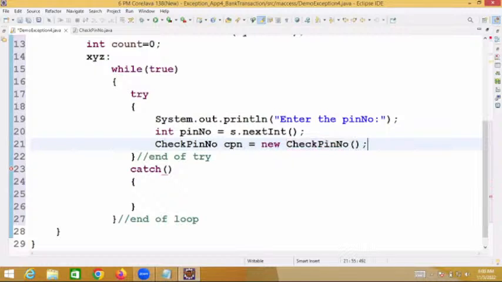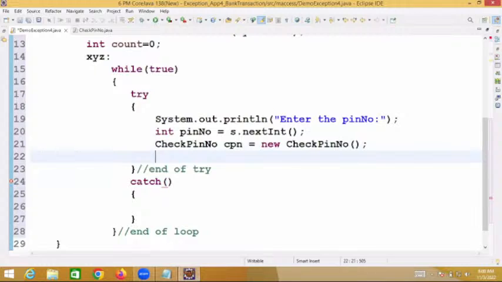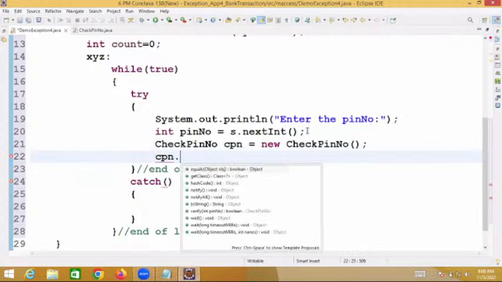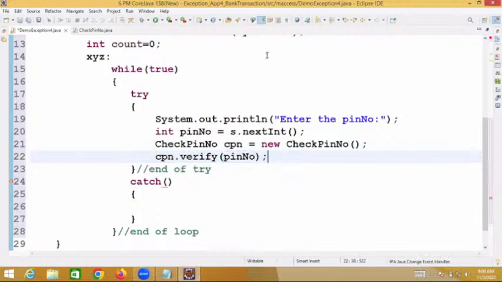We are creating the object. Using that, CPN.verify of pinNumber. What is the return type of the verify method? Boolean. So boolean k is equal to